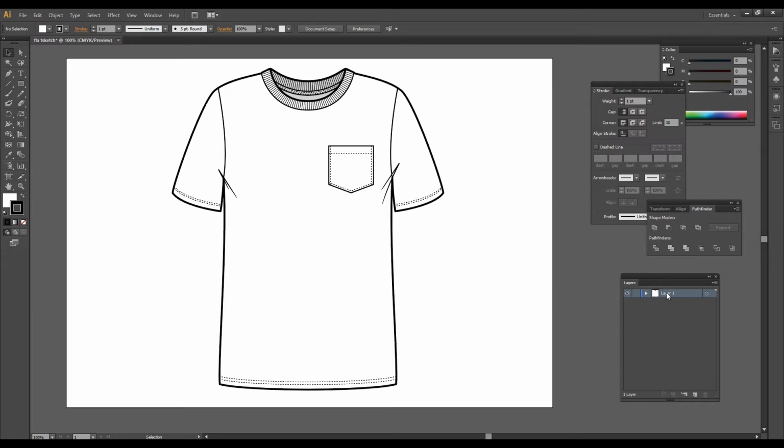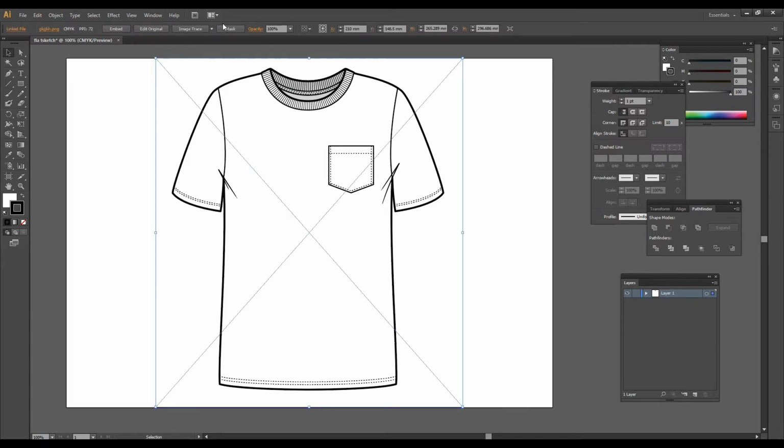We can work on Layer 1 right now. Select this flat sketch and reduce the opacity to 40% so that we can see the flat sketch, and we also need to make other lines on this flat sketch, so that both are visible, we bring the opacity down to 40%.